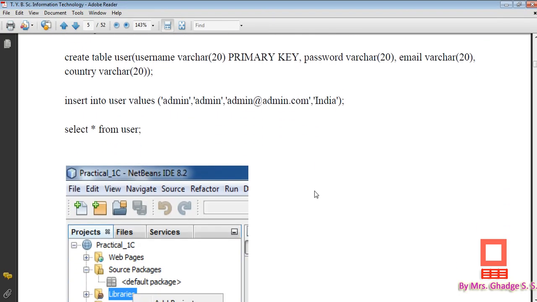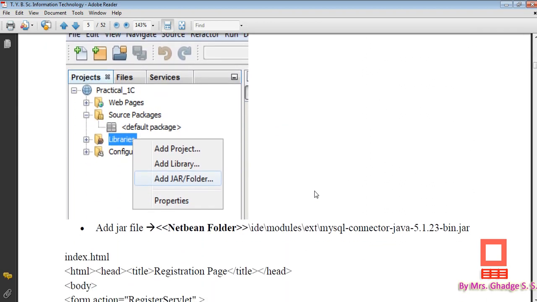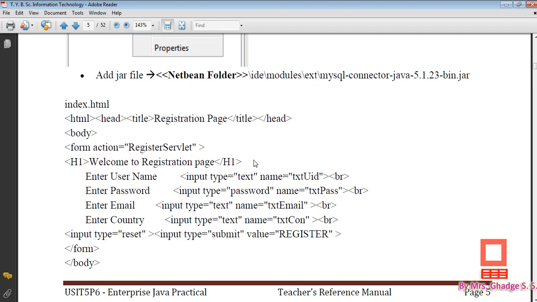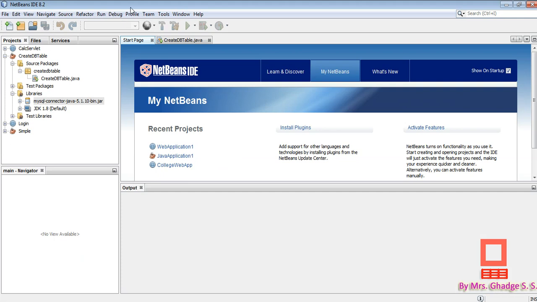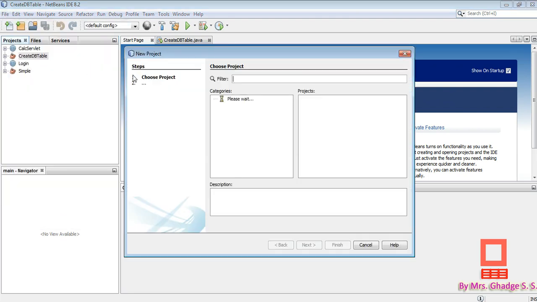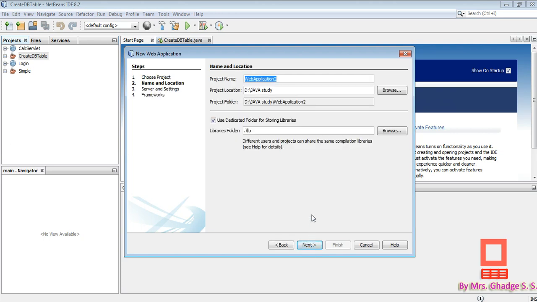We are going to first create our project, and then after that we are going to create one HTML form. Okay, so this is the simplest HTML form. Let us first create project. For that, just go to NetBeans IDE, click on file menu, go to new project option. Then here select Java web application, click on the next button. Then here write the project name. Suppose project name is registration.